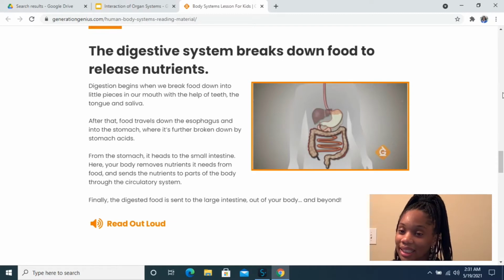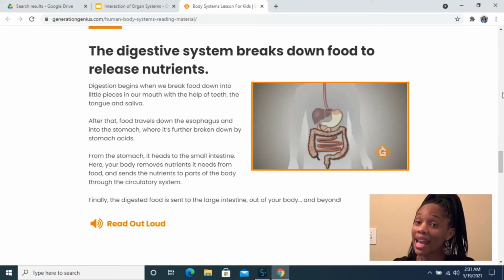All right, so our digestive system and our circulatory system work together because our digestive system helps us to get those nutrients, and our circulatory system helps to provide the rest of our bodies with the nutrients by circulating it